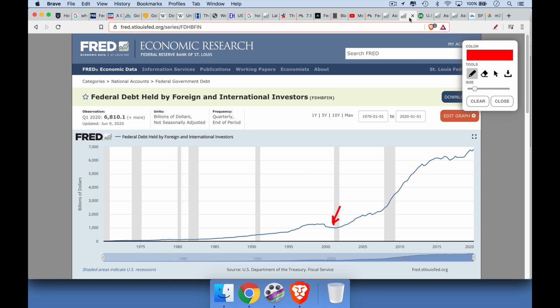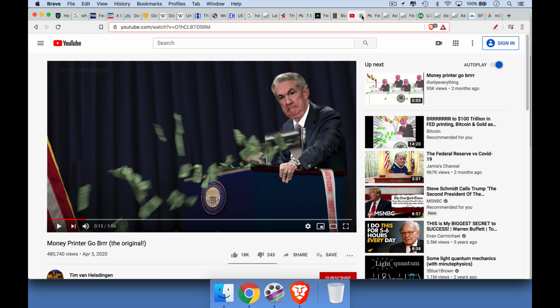Now, there's no international investors to buy it. There are not enough domestic investors, and so as a result, Mr. Powell has to print new money and buy these treasuries. So you basically have one part of the government buying debt from another part of the government and creating new money to do that. Again, a lot of you will tell me the central bank's not part of the government. Technically, this is true, but when we see power structures working together, we can somewhat lump them together.